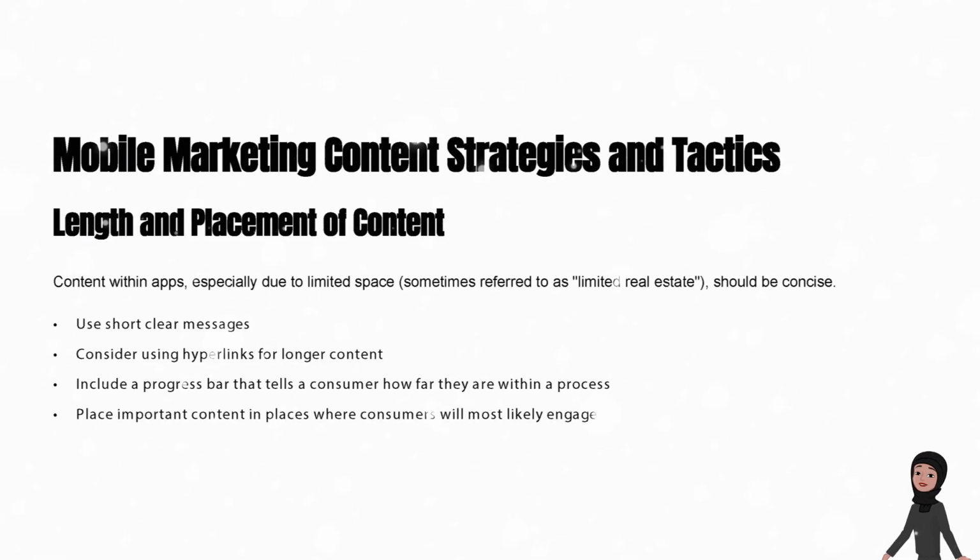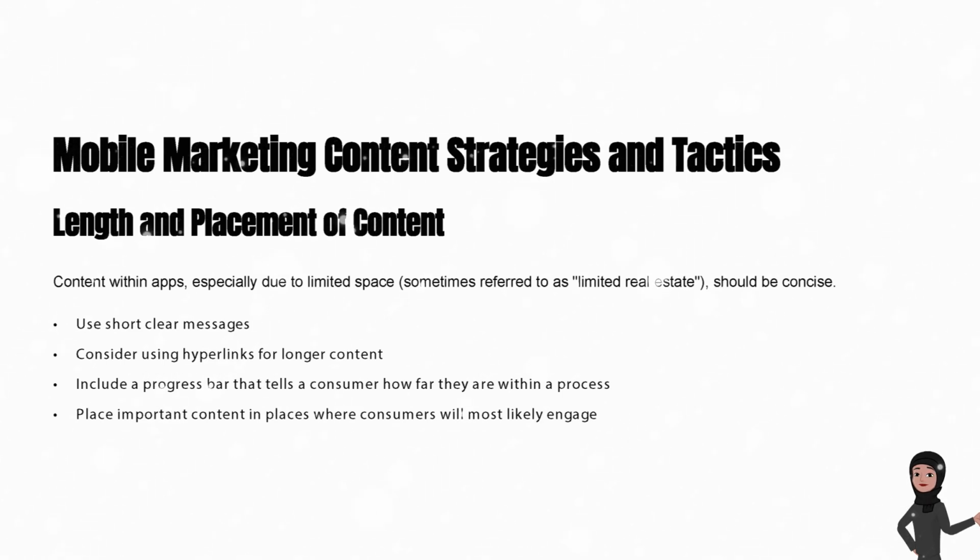While visual tools are incredibly engaging, we also have to manage the physical constraints of mobile devices. Let's discuss the length and placement of content. Because of the limited screen space on mobile devices, often referred to as limited real estate, your content must be incredibly concise. To optimize this space, always use short, clear messages. If you have longer, more detailed content to share, consider using hyperlinks instead of